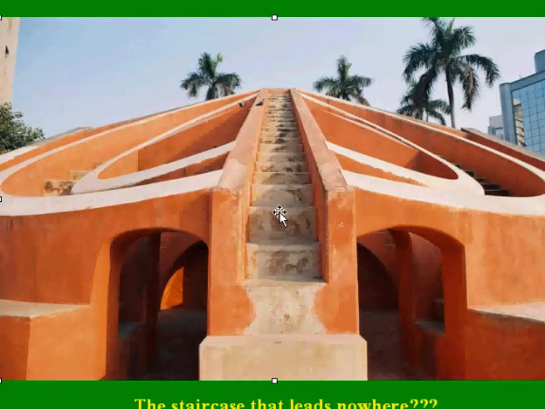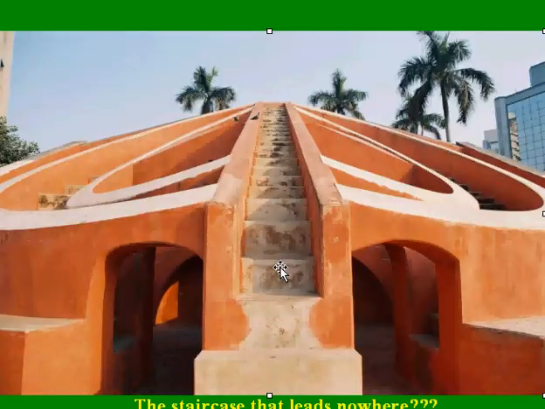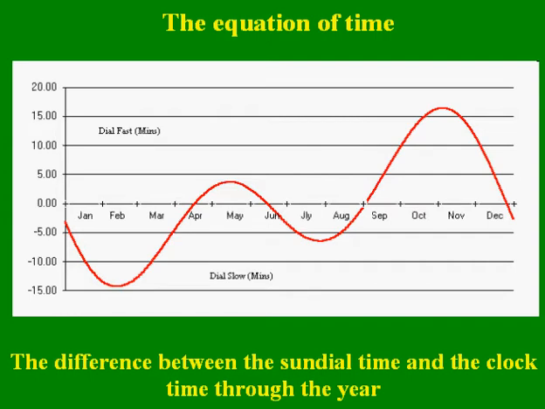The essential part of these instruments are the triangular gnomons here, whose shadow falls on perpendicular quadrants and tells us the time. So the sundial time is basically a time told by the shadow movement, which in some sense is not quite the time that we see in our clocks. Our clocks divide the time into 24 hours equal segments, while the sundial time